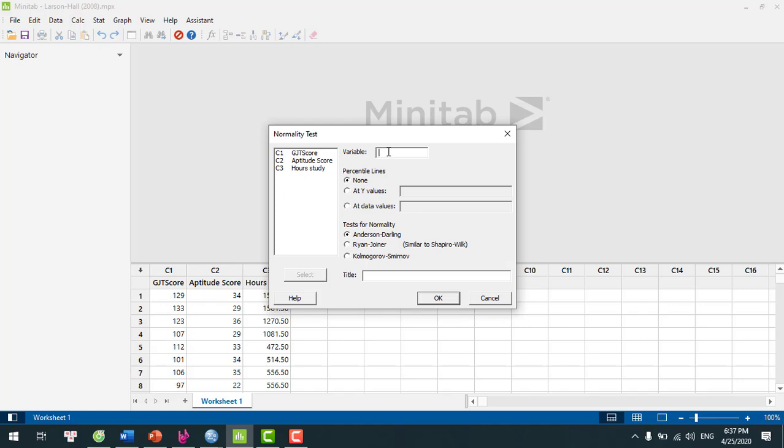And then we want to check whether our grammaticality judgment score is going to be normally distributed. Now, to do that, in language acquisition, we typically apply the Shapiro-Wilk test, which here is called the Ryan-Joiner. It gives us the same result. So we click here,